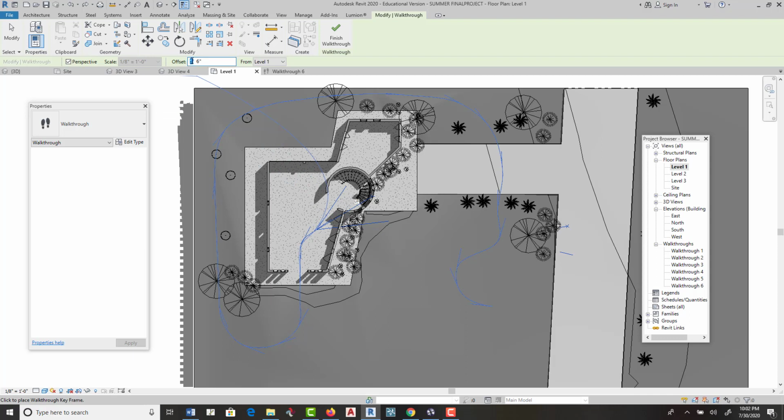So I'm going to go to 8. Let's jump up to 8. I'm going to go through the doors. And the doors are 6, 8, so you might want to start something after the doors. And then I'm going to go up to 10. Okay, and then I'm going to go up to 12. And then I'm going to go up to